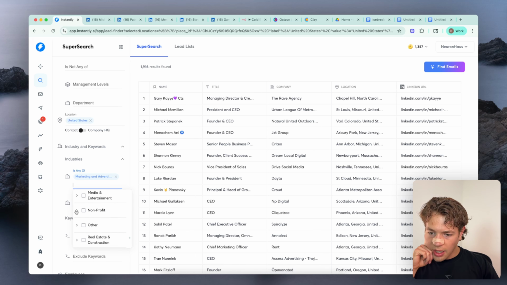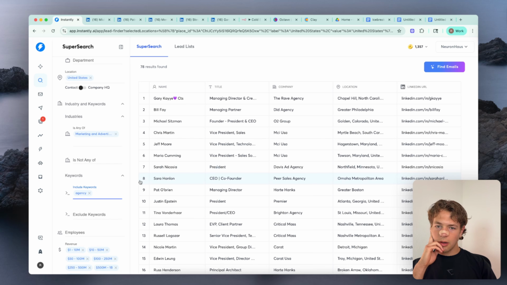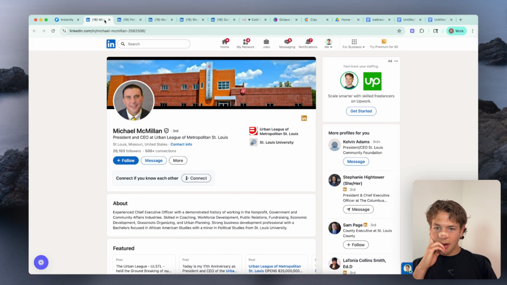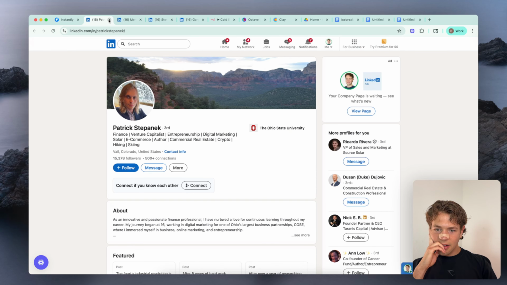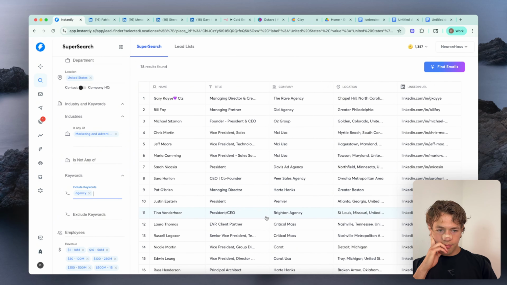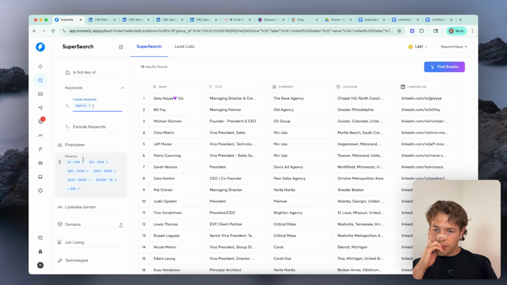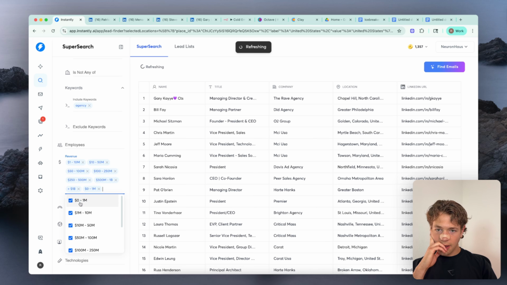We need to narrow this down a little bit, because just off that first one, it's not good. Let's include agency as a keyword. Okay, now we're down to 78. That's not good. Hmm. Let's see if we include the 0 to 1, what that does. Okay, so that's not it.